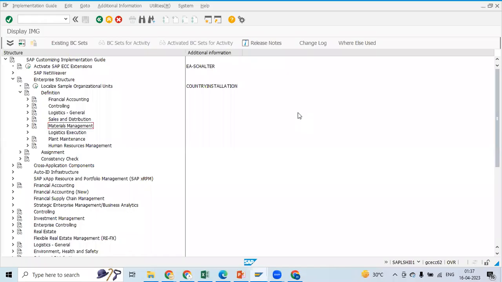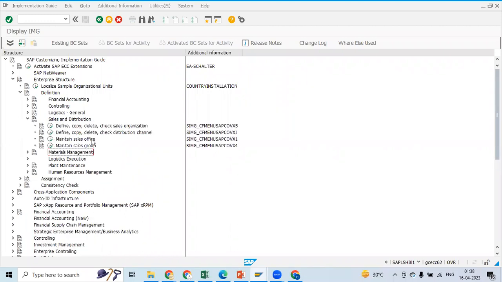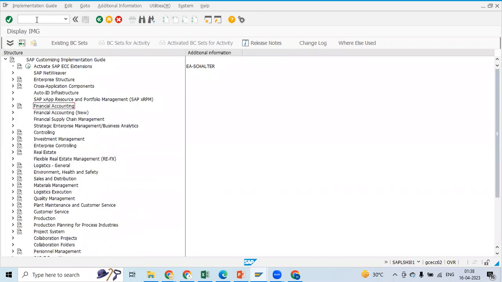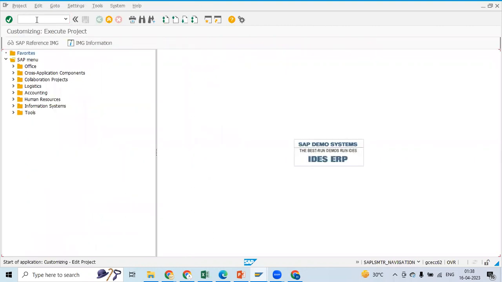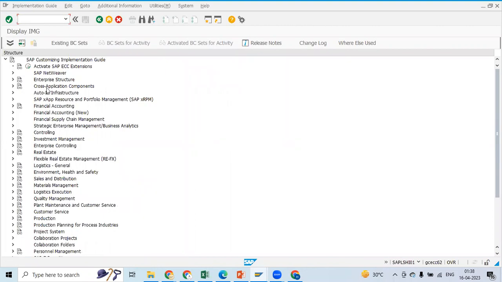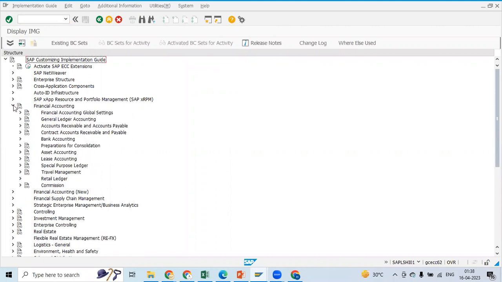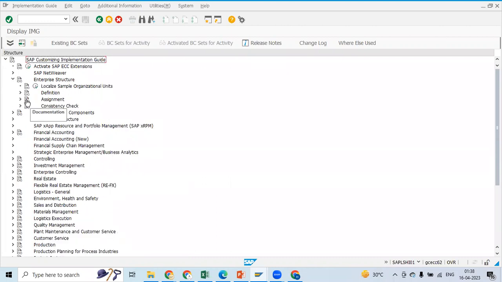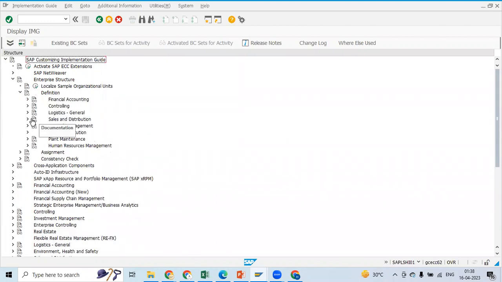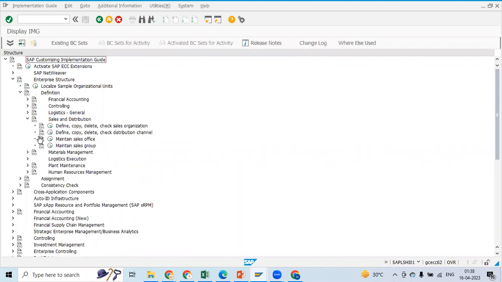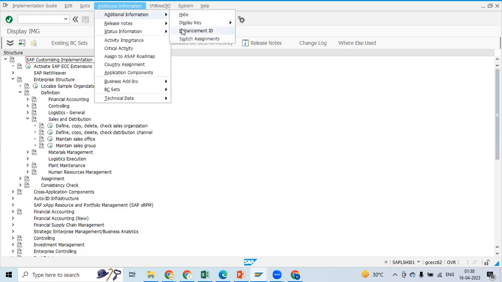Okay, it's also like a sales organization. We have to give all the address and all. So for sales organization, to create a sales office, you have to go to SPRO, reference IMG. Under reference IMG, go to financial accounting. Sorry, go to enterprise structure. So under this definition, under this you have to go to sales and distribution, and under this you will find maintain sales office. Let me show you the T code